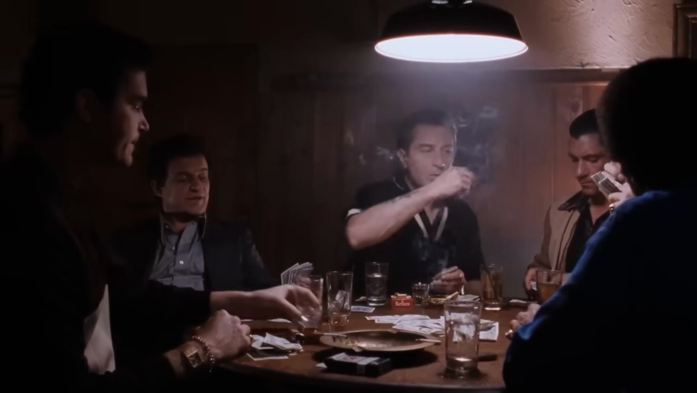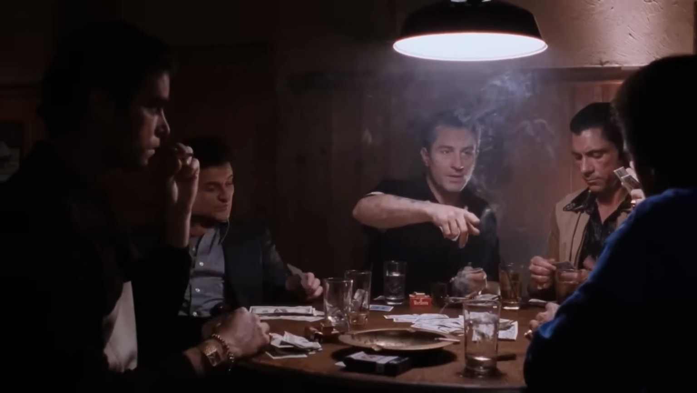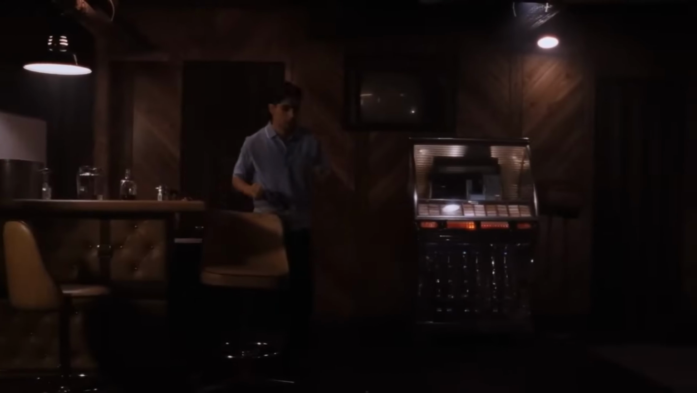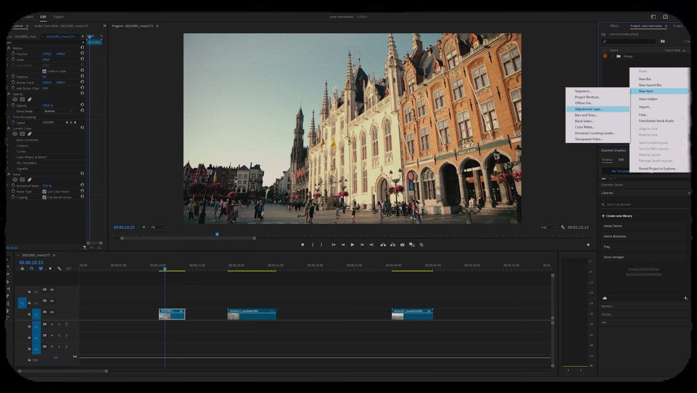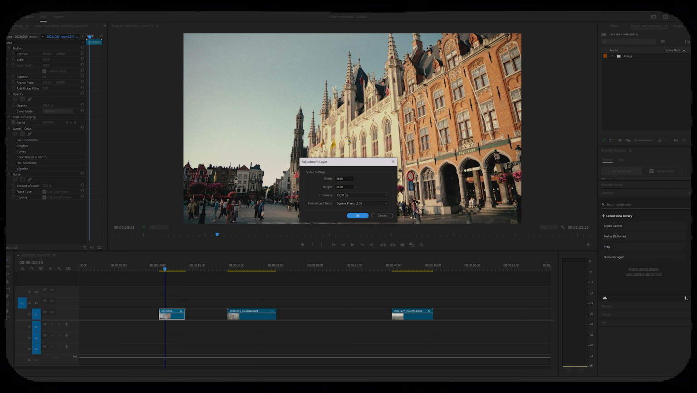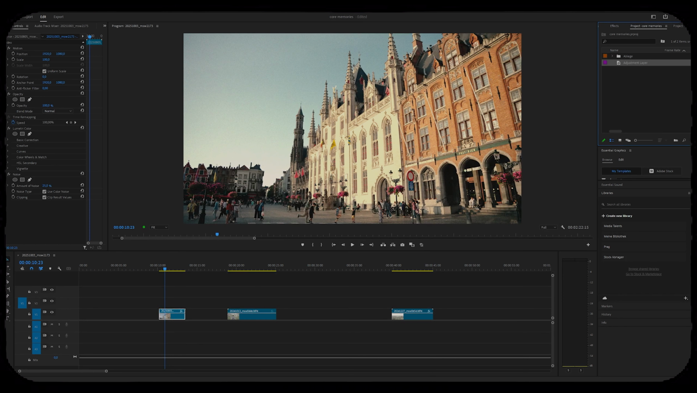Number 4, bloom. Bloom is that soft glow you see around bright lights, like lamps, windows, or the sun. To get that, we have to create an adjustment layer first. So we go into our project folder and then click on new item and choose our adjustment layer. Then we drag it over our footage,